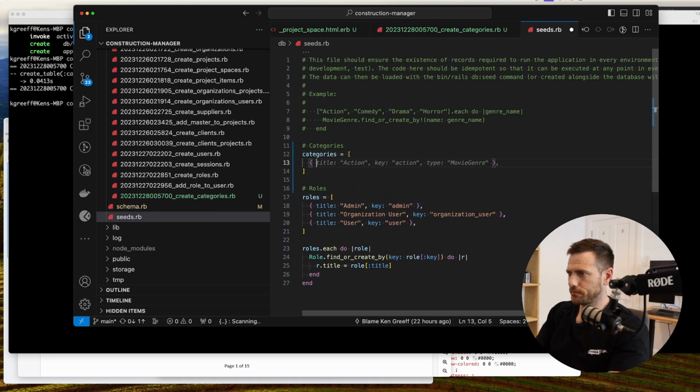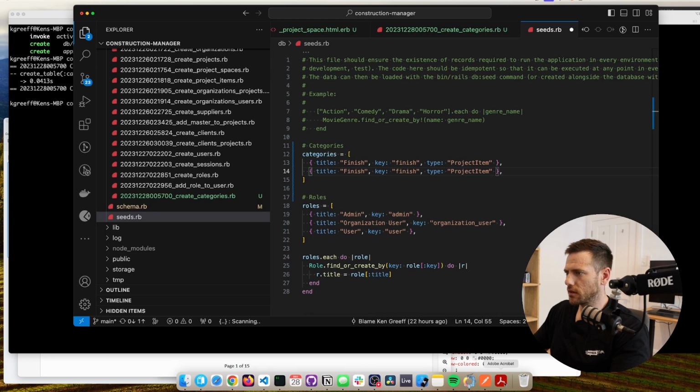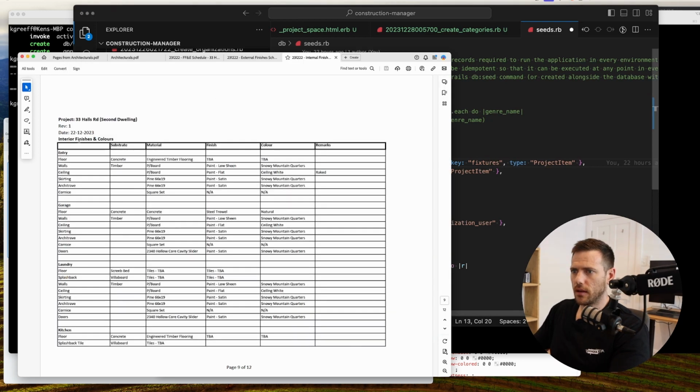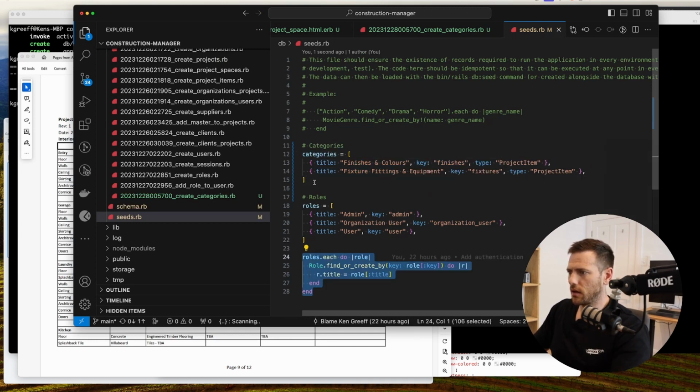All right, so title is going to be finish, and this is not type task, this is a project item. And then this one, let's do the naming nicely. So it's fixture, fitting, and equipment. So it's fixtures, right? And then internal finishes, and so it's finishes and colors. I think that makes sense. I'm not a builder, but I feel like that's right. So now here we're gonna go